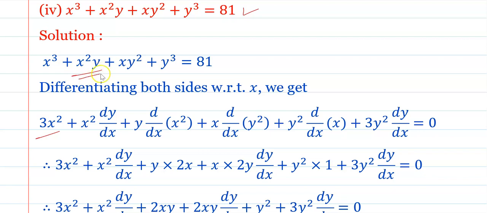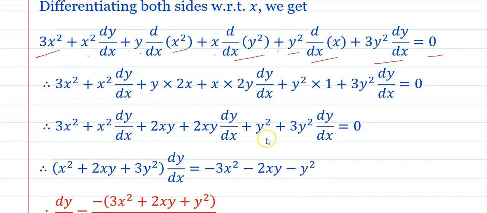इथे product rule आपल्याला apply करायला लागणार. Keep x square as it is. Derivative of y is dy by dx plus y d/dx of x square. Plus again इथे product rule, that is keep first x as it is. d/dx of y square plus y square, then d/dx of x plus y raised to 3. The derivative of y cube is 3y square into dy by dx, and the derivative of 81,